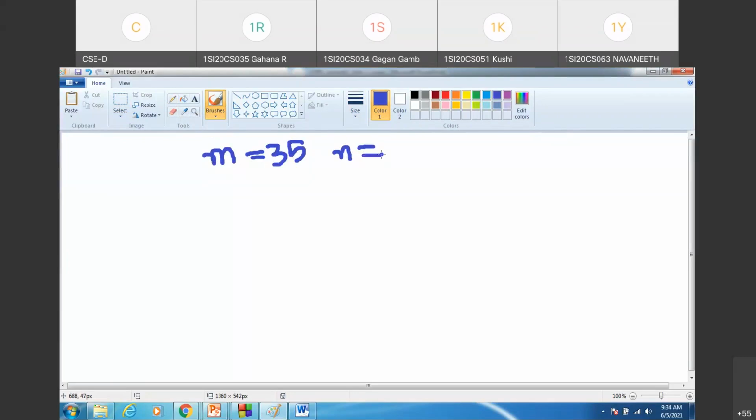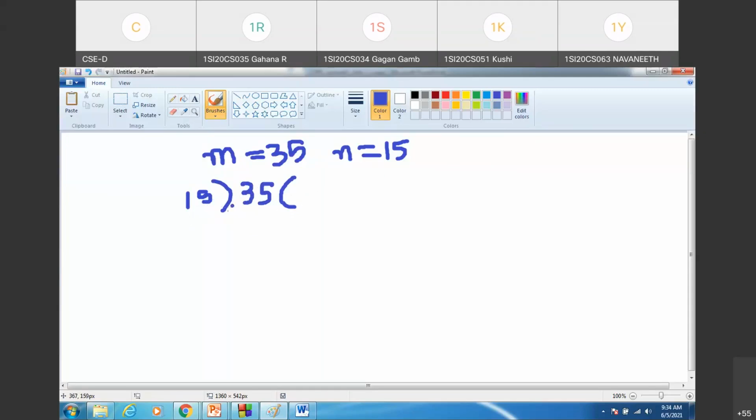Let me take two integer values, say 35 and 15, held in two integer variables m and n. How Euclid's algorithm works is, we perform the division operation on these two numbers. That means we perform m by n, where n is the divisor and m is the dividend. We'll perform the division operation. So what is the quotient and remainder you are going to get once you divide these numbers?